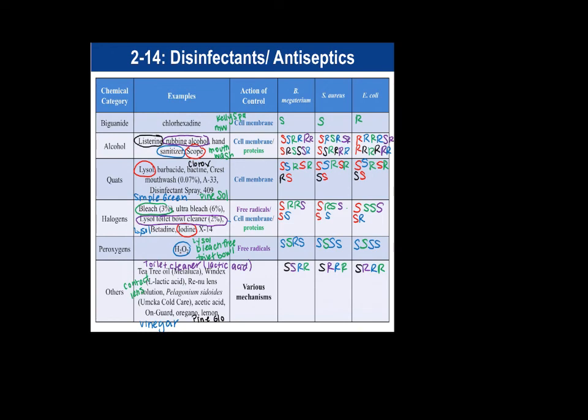These results have a resistant. In my class results, I've seen sensitive across the board. Toilet bowl cleaner, let's hop down to the others. Vinegar